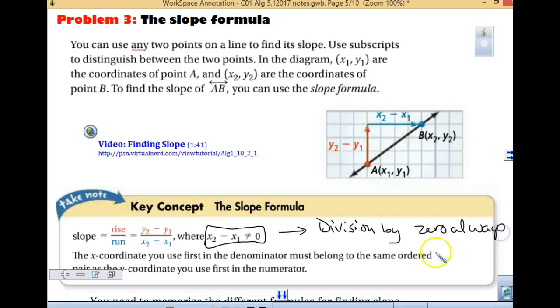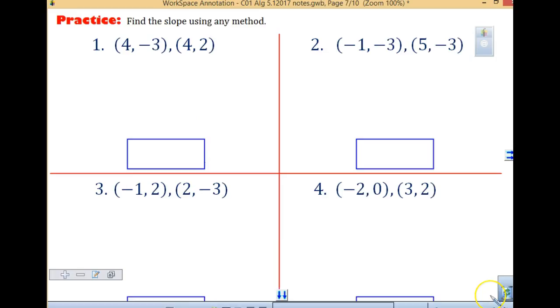Easy, simple quiz question. I ask it often as we go through this unit. Division by 0 is always undefined. Okay? So you got to get that down as you are looking at those. So on the top of the next page,